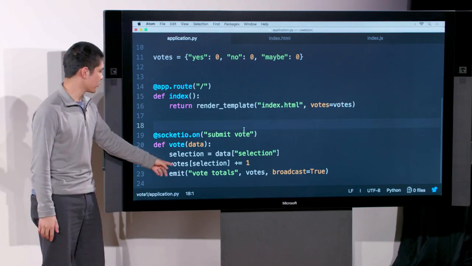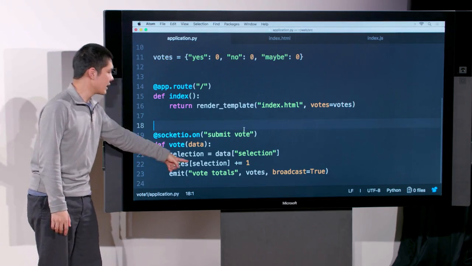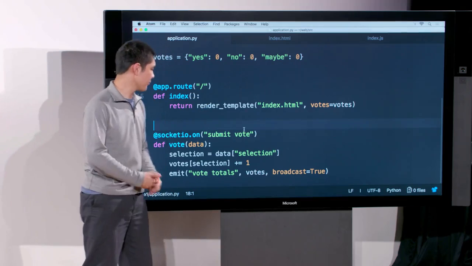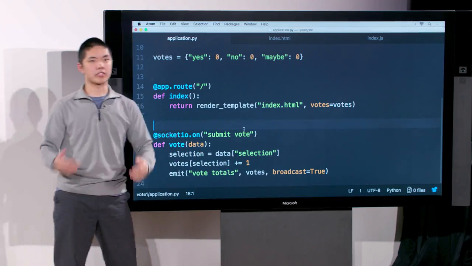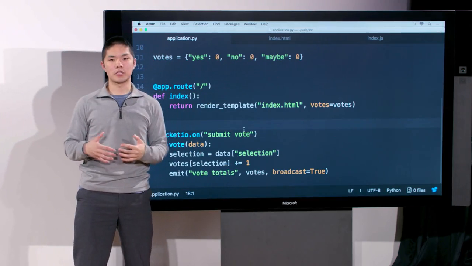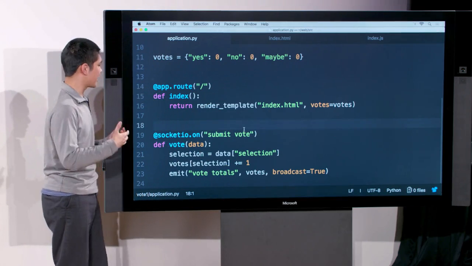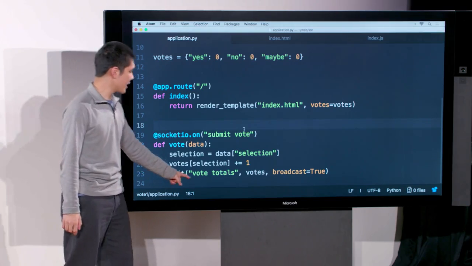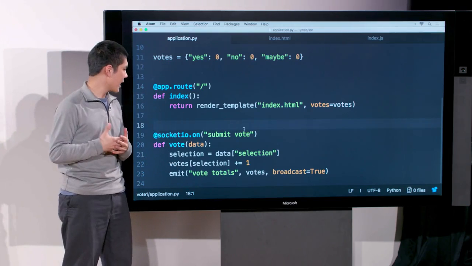And to do that, I'm doing votes to access this variable. In square brackets selection, where selection is going to be one of yes or no or maybe. And then plus equals 1, just to say increment that total. Increment either yes or no or maybe to be 1 larger than it was to indicate that I now have 1 more vote. And then finally down here, I'm going to emit a new event called vote totals and pass